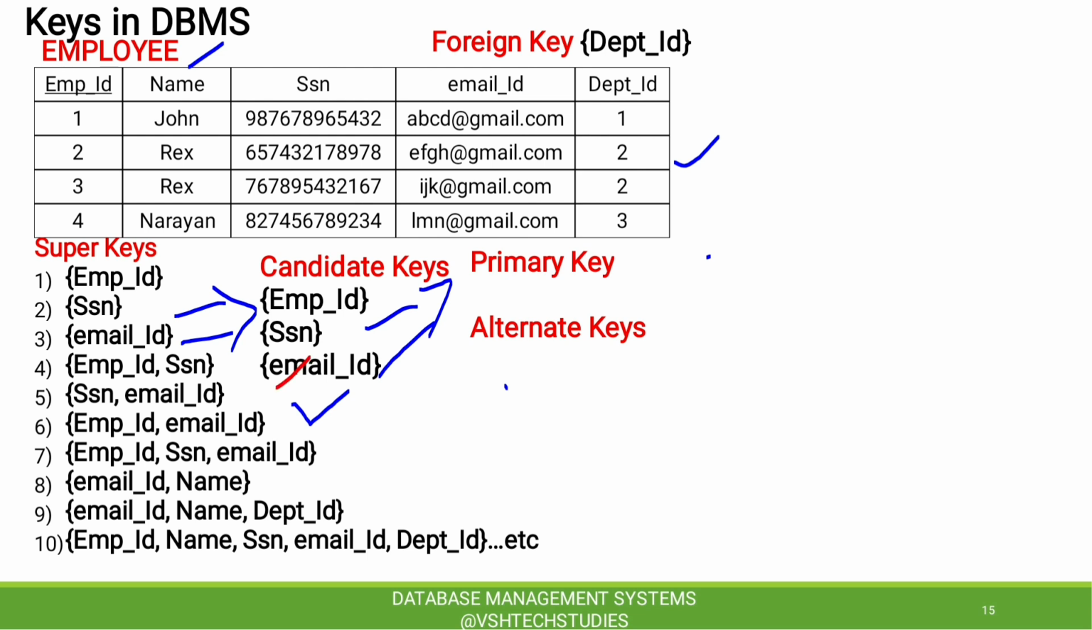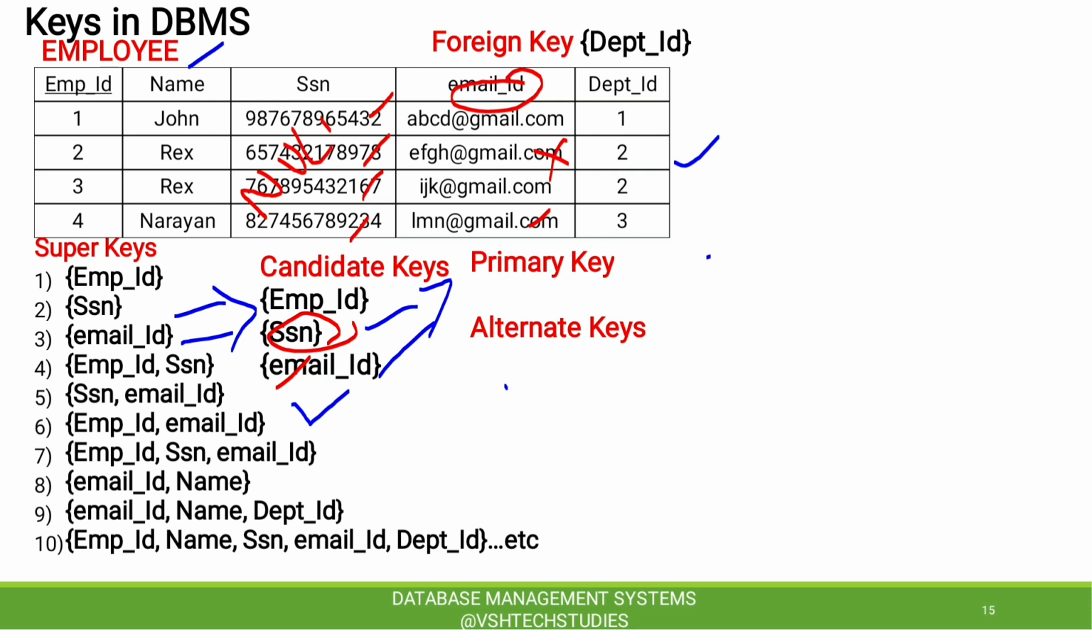So email ID, if it is taken as primary key, all the employees may not have email ID. Then that value will have to be stored here as null. But primary key value cannot be null. So SSN attribute, if you consider as primary key, all the employees may have social security number, then it will be unique. But if they are not registered and if they do not have social security number, we'll have to